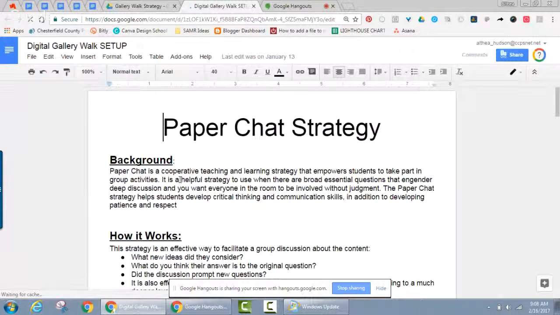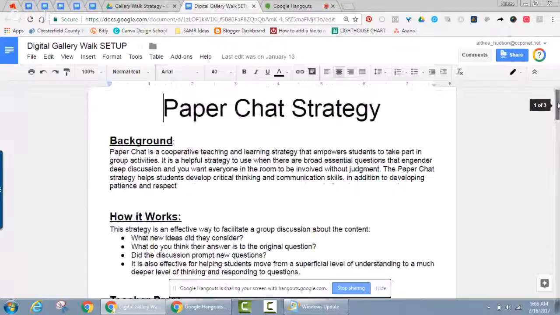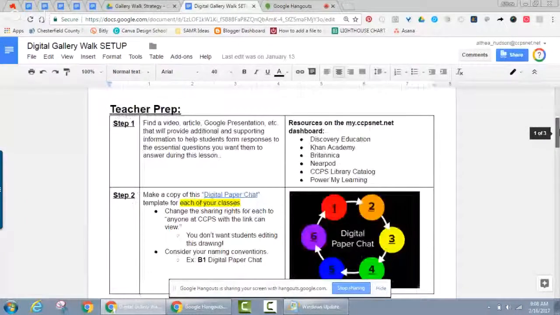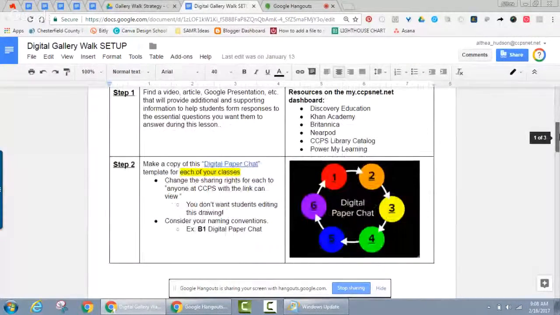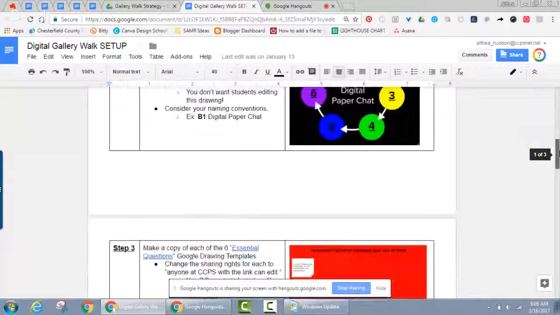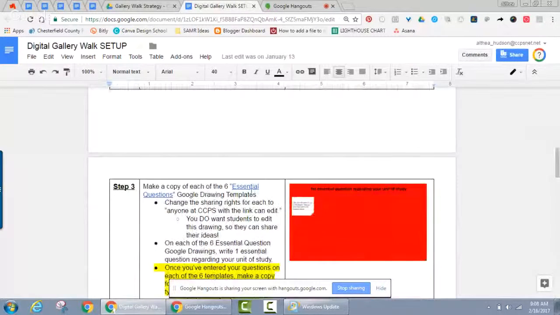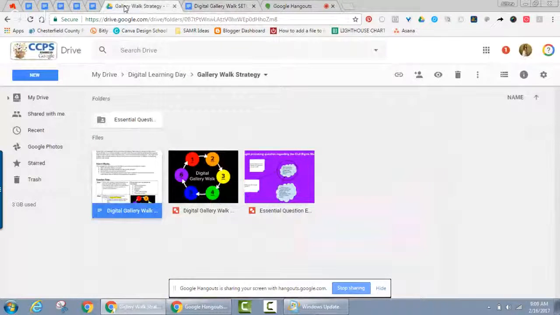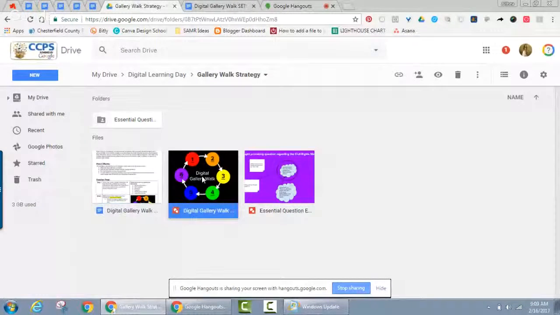it gives you a little bit of background here on what it is that you're going to be doing, how it works, and directions on how to prep for this for your class. I've provided links to each of these things, but they are also in the folder for the gallery walk. So if you'll toggle back to that, the first thing that we're going to look at is the digital gallery walk color wheel. And if you go ahead and open that up,